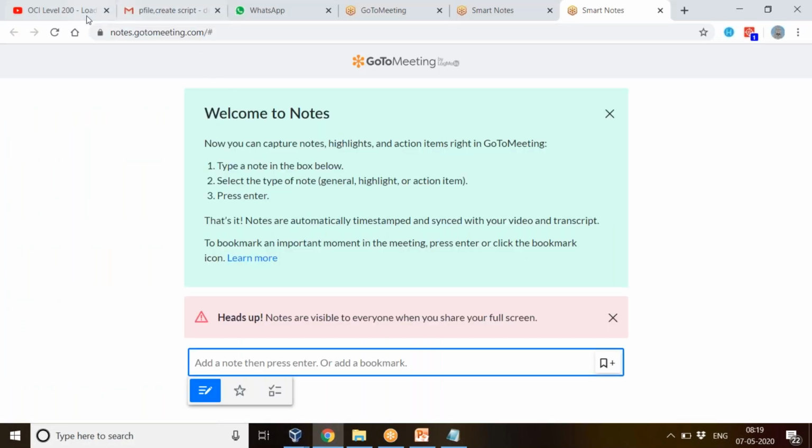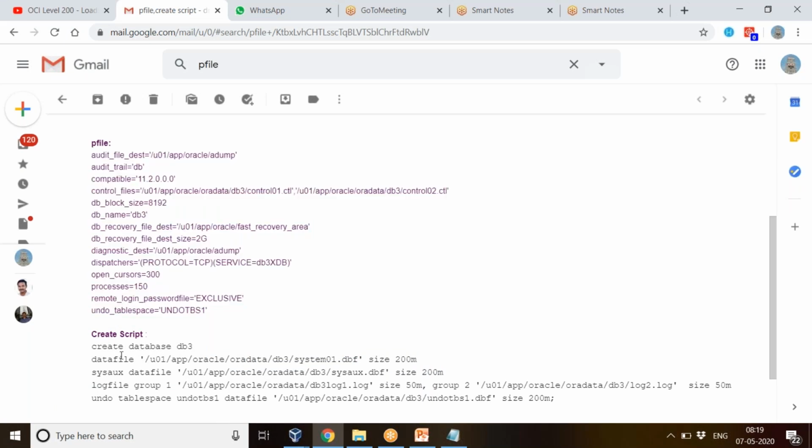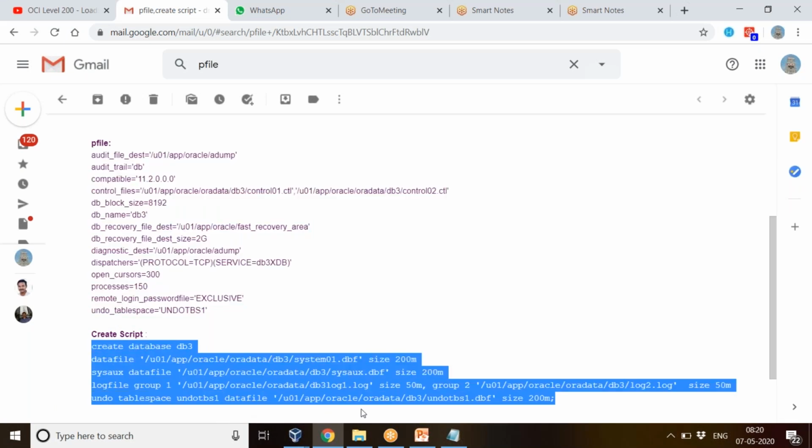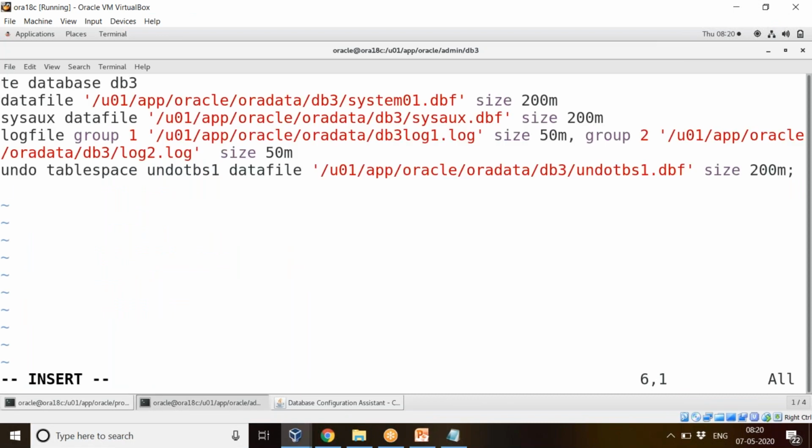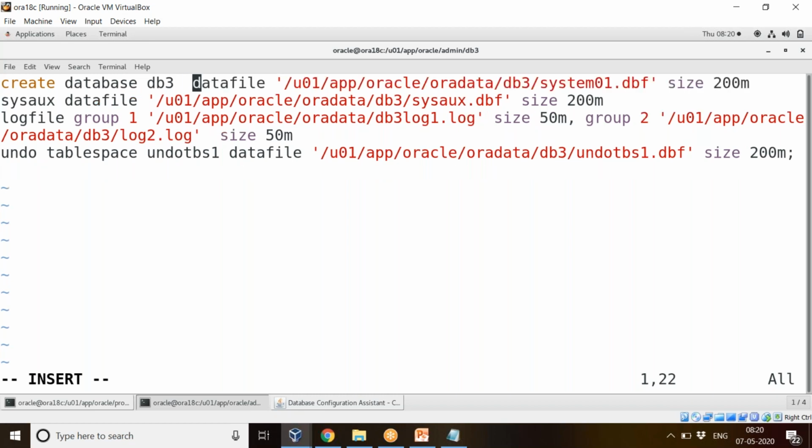So our create script will tell where the locations of the data files, everything, are present. Fine. So create database db3, then the data file, which is the path, that is, the system file will be created here, then the sysaux data file, then you have your log file.